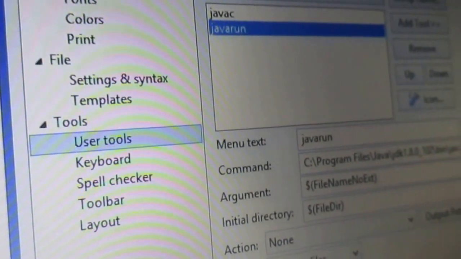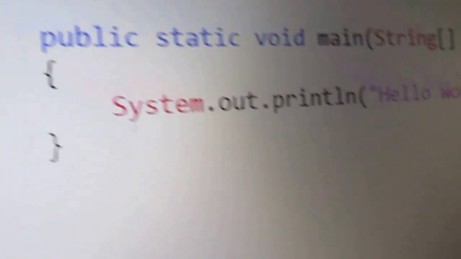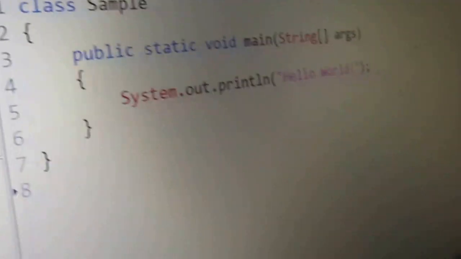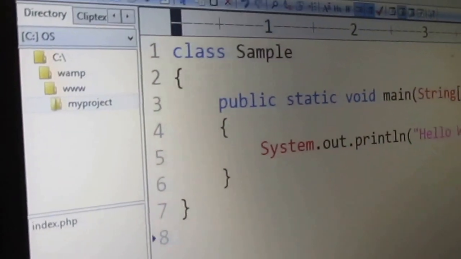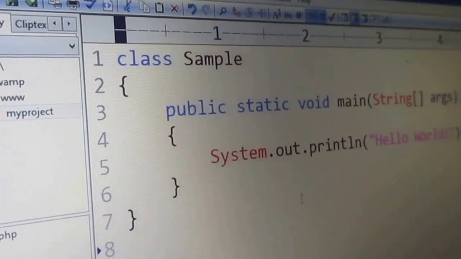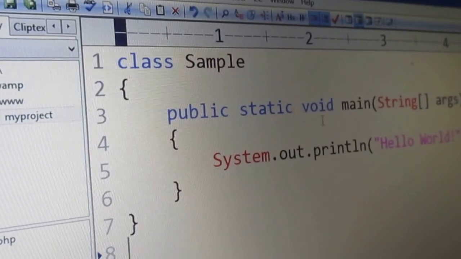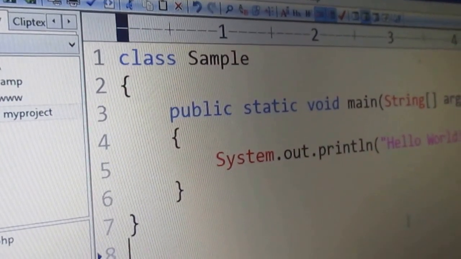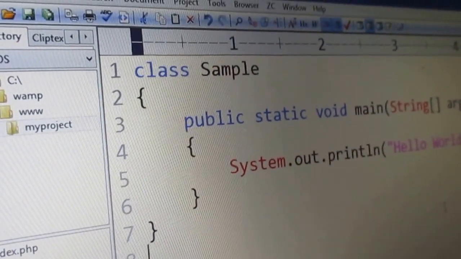This is all about how we do Java programming in the EditPlus editor, and how from the EditPlus editor itself we compile and execute a general core Java program.